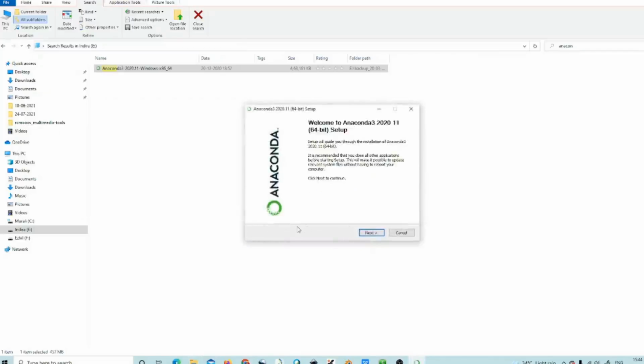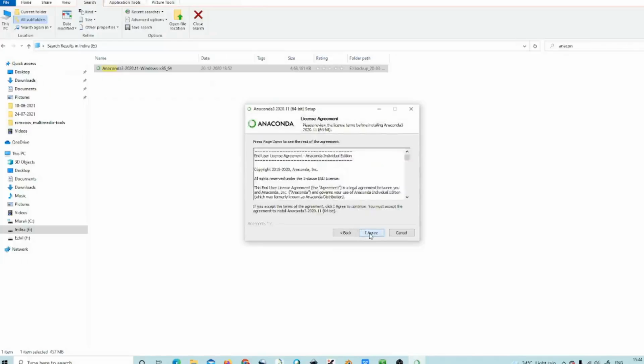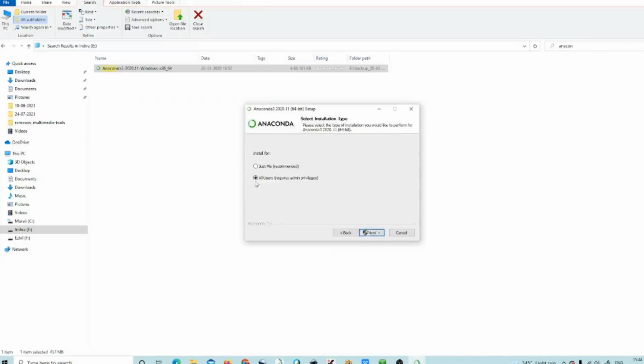Now you can start the simple setup procedure. Click next and you say agree, and either you can use it for your login only or for all users.